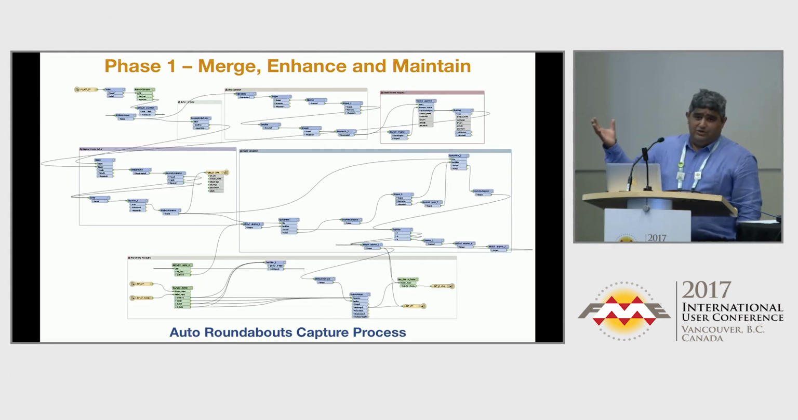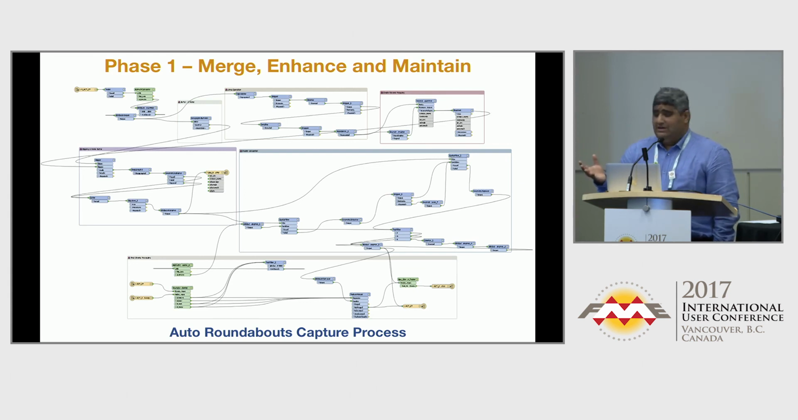This is a new process that we built in phase 1 called the auto roundabout capture process. During comparative analysis of PSMA and PitneyHarris streets, we discovered that the roundabout features in PitneyHarris streets were huge, and there were some states where PSMA data does not have any roundabout features. So we wanted to preserve the roundabouts that we have captured over a period of time, and take those roundabouts from the old version of PitneyHarris streets and apply them automatically into the new